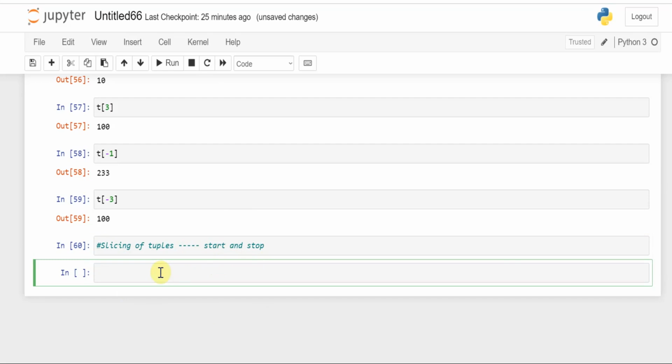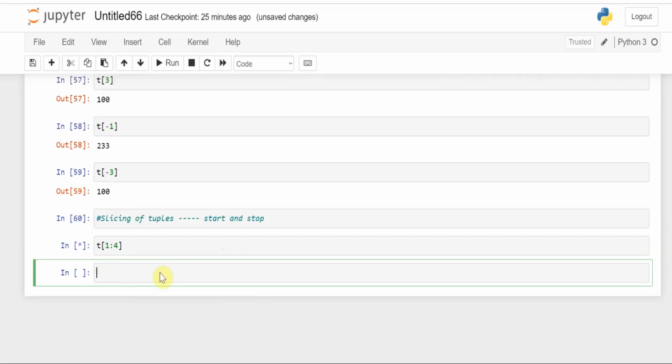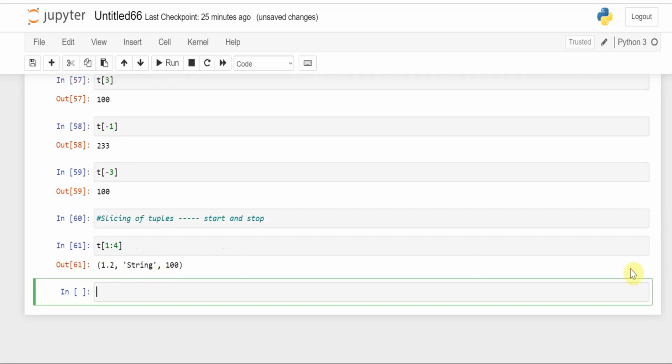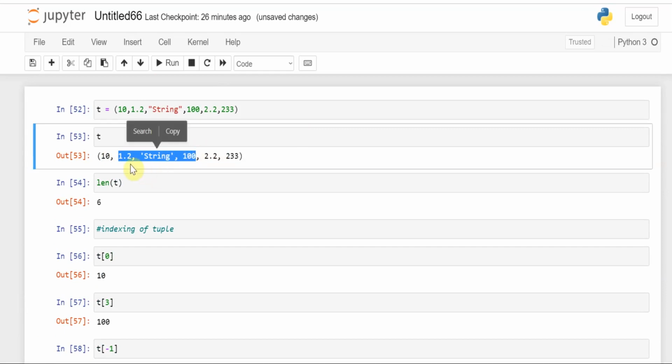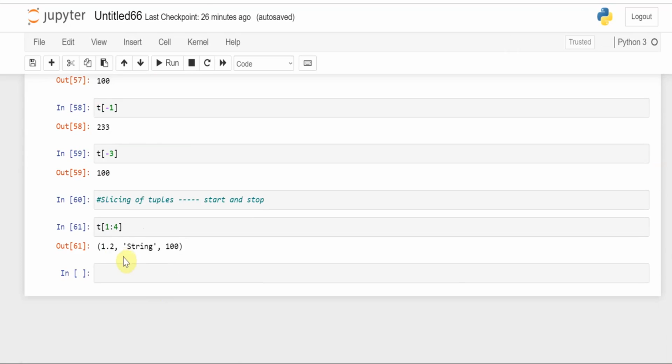So let's begin. T is my container, the variable, and by taking the brackets 1 to 4, I'm calling from 1 to 4. It is so easy, like here we can see 0 1 2 3 4. So basically it will give us 1.2, the string, and the 100 value. As you can see here, they have given us 200.